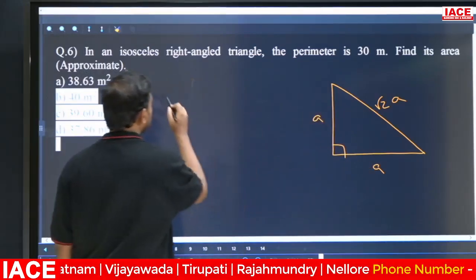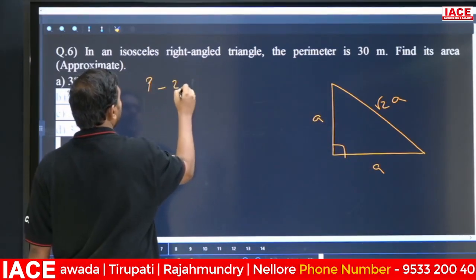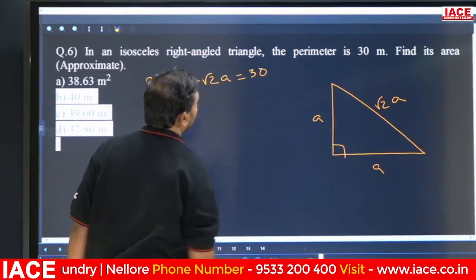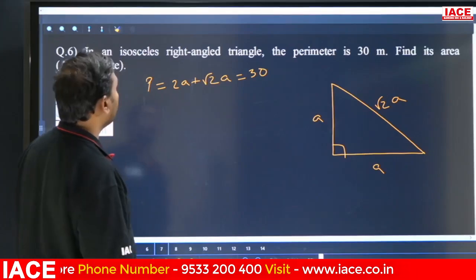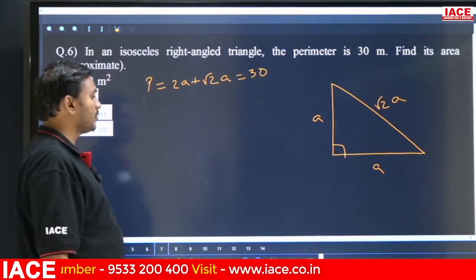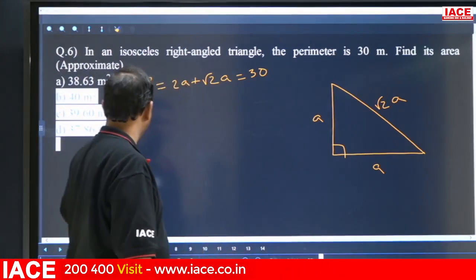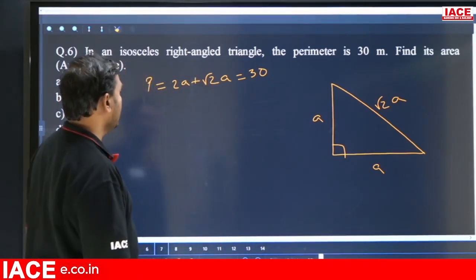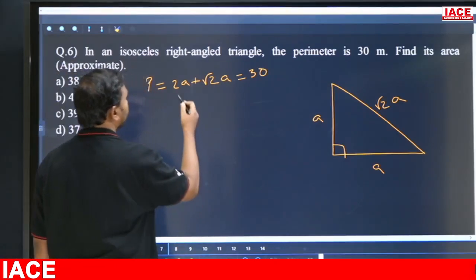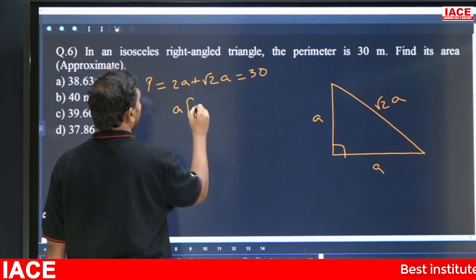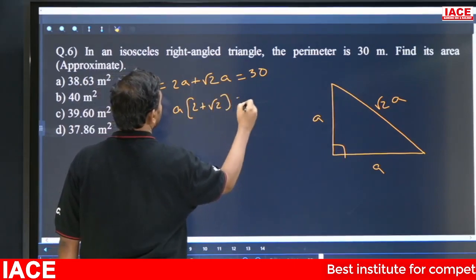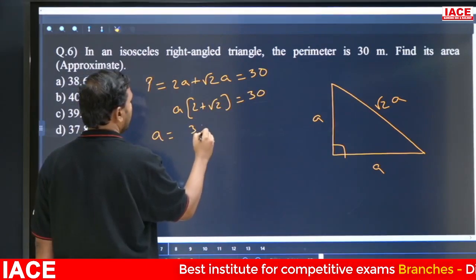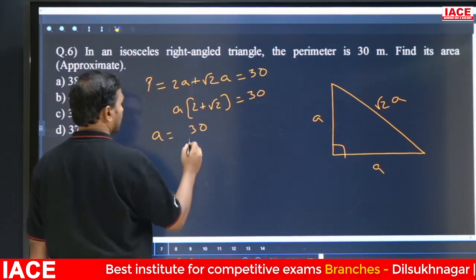Sum of all sides, that is 2a plus root 2a. He is telling 30. Then find the area approximately. So first we'll find a. So a into 2 plus root 2 equal to 30, right? So a equal to how much? 30 by